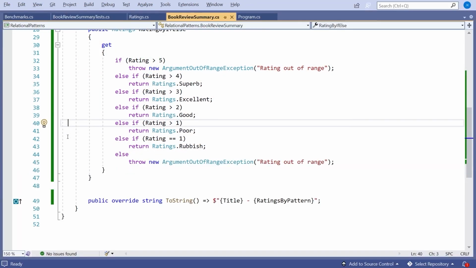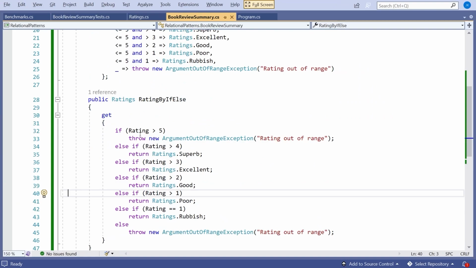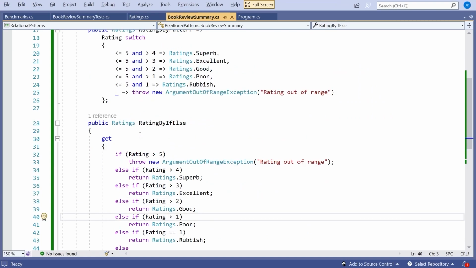And I think we can expect there's huge amounts of optimizations done by the compiler that really makes these two end up pretty similar. Certainly, I wouldn't be worrying about the performance difference with those kinds of numbers unless it was really something that was starting to hit me. What's important is the style of the code, and I think most people would agree that once you're used to this new syntax, then it's just much neater to be able to put that in the switch statement using the relational patterns.